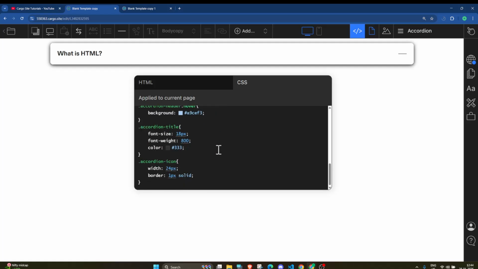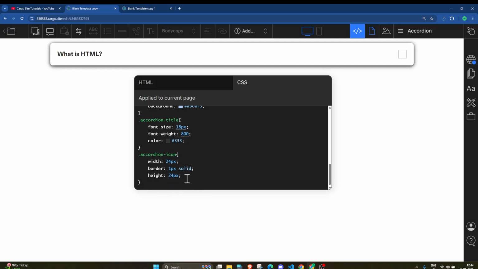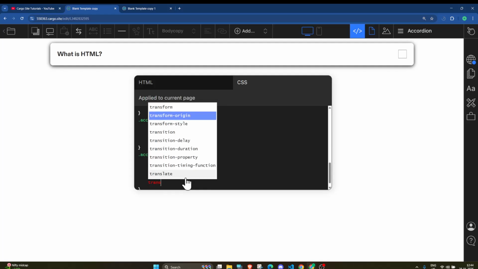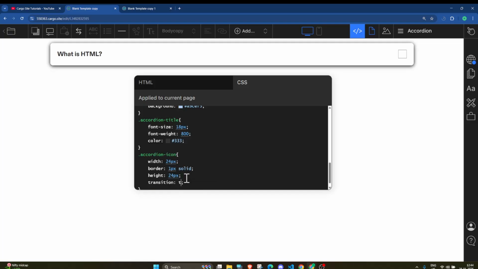Now we will add the height 24 pixel. Here you can see that this is the height, and again we will add a transition, and here we will add transform 0.3s ease transform.